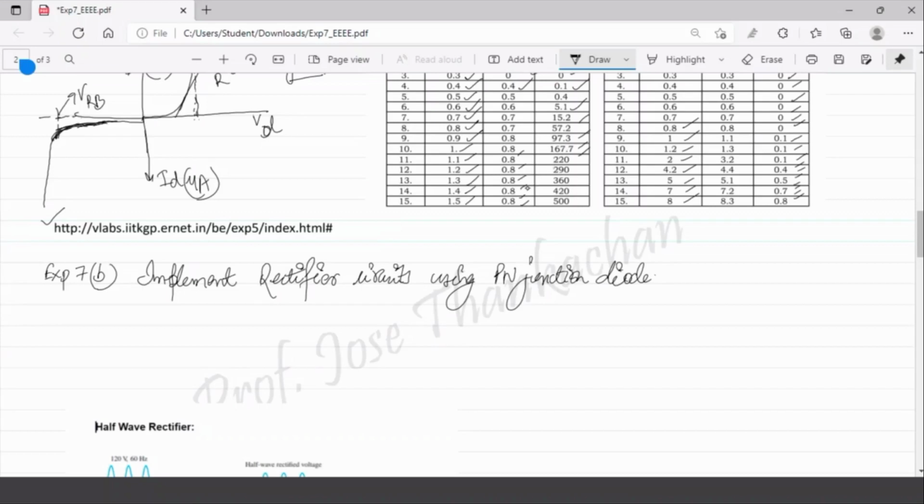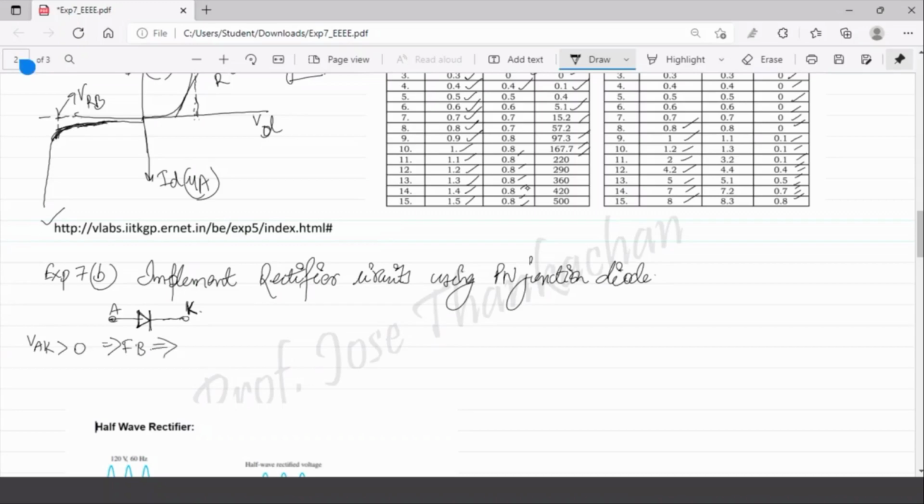So we have seen that this is your diode and this is its symbol. Understanding the theory behind this, we have understood that this is the anode and cathode. How does it behave? According to the characteristics, we know that whenever the voltage VAK is greater than 0, that implies forward bias condition. Right?